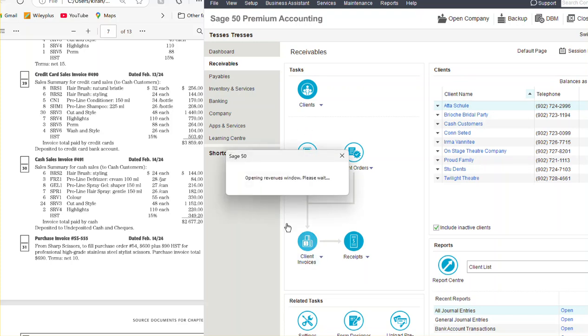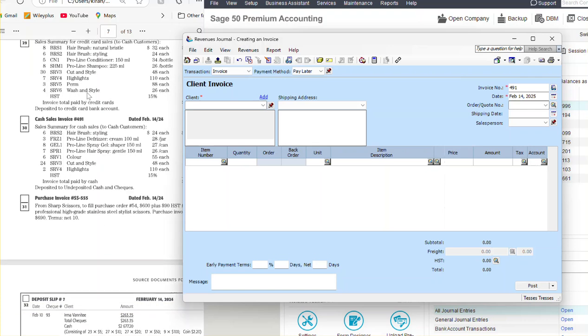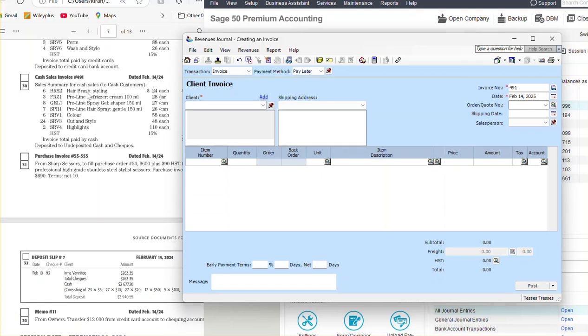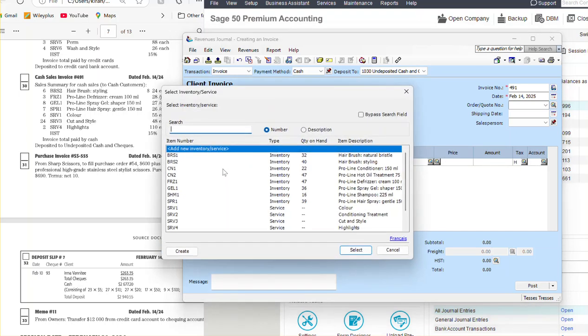We're going to do an invoice. The next invoice is also cash to summary, but in this case, it is for my cash. So I will pay later. Is this pay later? Total paid by cash. Paid by cash 491 is the invoice number. That's the check number. I will go cash customer. These amounts are